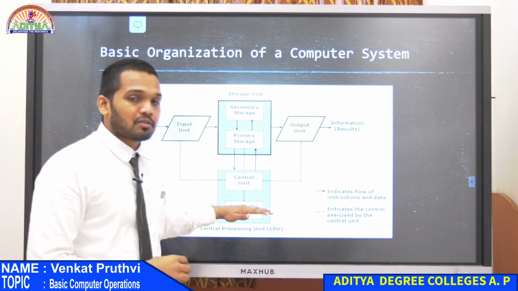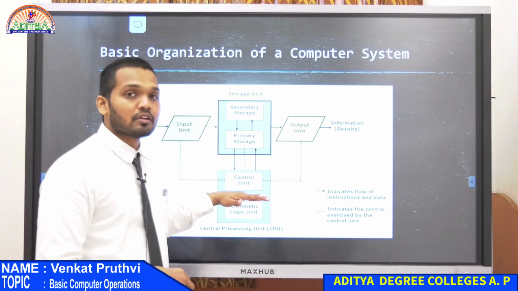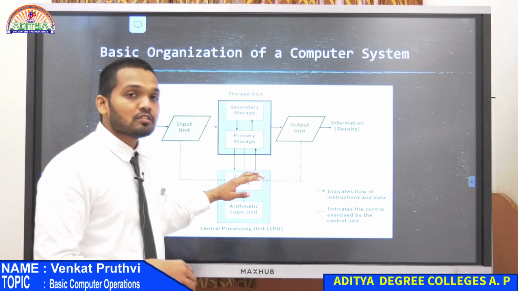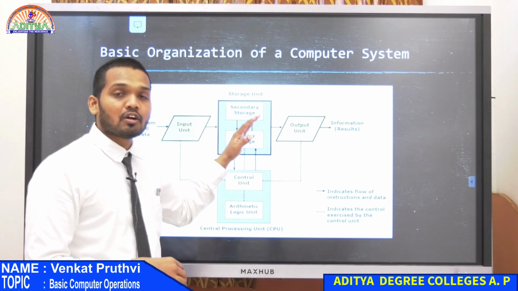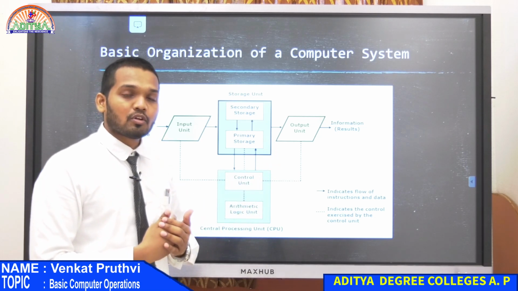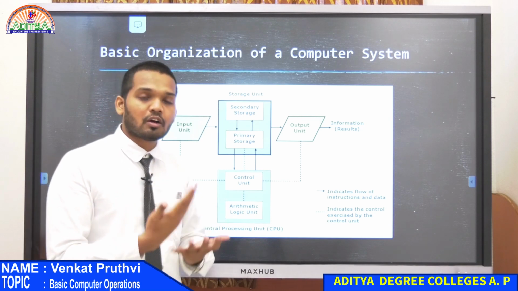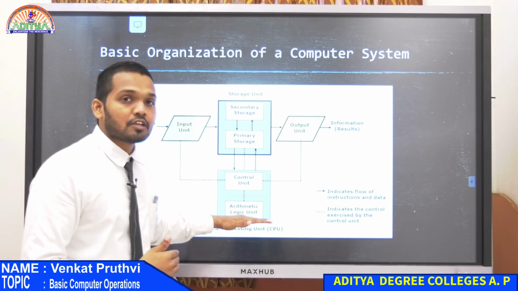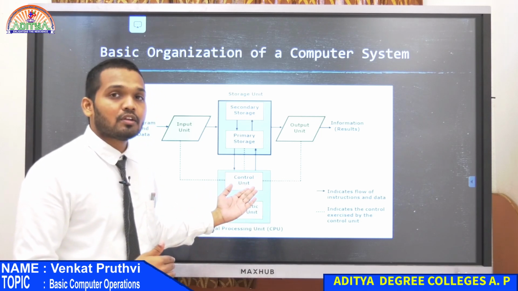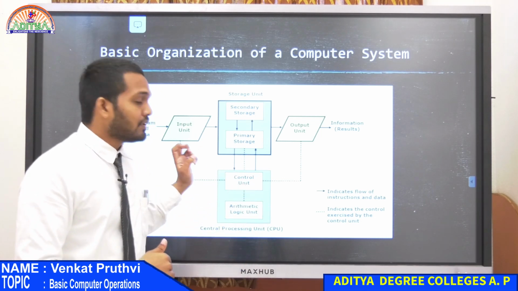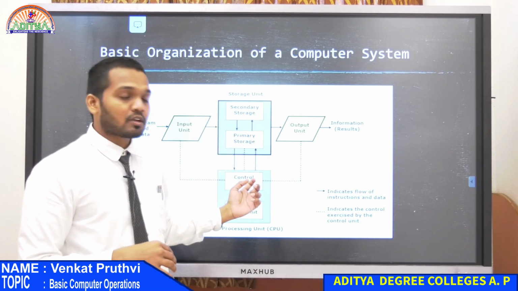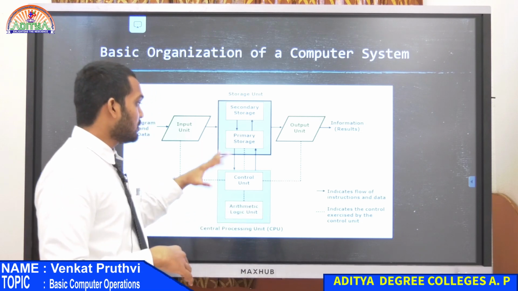And then this arithmetic and logical unit is connected to a control unit. The control unit is what we have already discussed, which has control of all the other components connected to the CPU. The arithmetic and logical unit is the main core part of your CPU, which performs all the operations, and what operations need to be done and what kind of data it requires, it talks to the control unit, and the control unit in turn will connect with one of the components that are required and get the data required for the arithmetic and logical unit. This is how it all works.